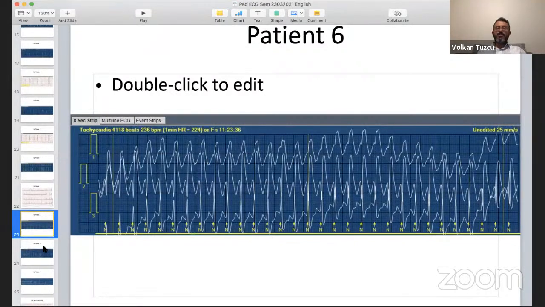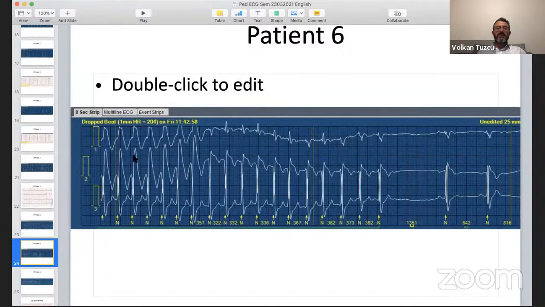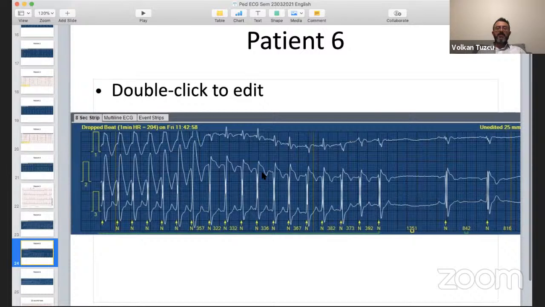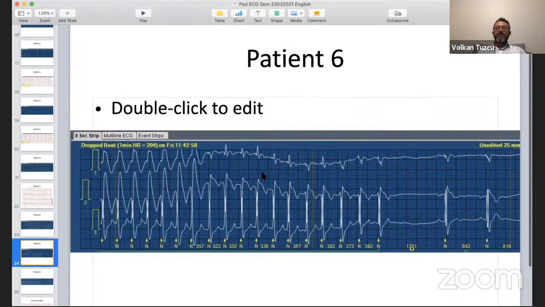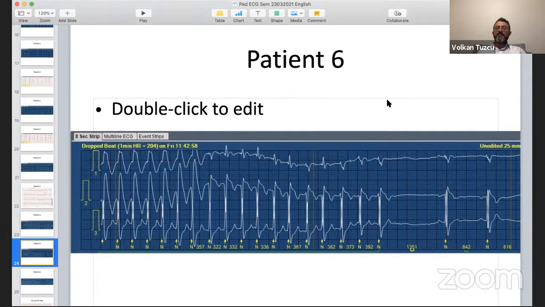So, and then continuing rhythm strip. This was from a Holter, same patient. And things change. Okay. Now, does this help further in your diagnosis? See, now we have more information. Wide QRS tachycardia changes, something happens, and then it stops, right? All right, so now maybe we can say more.